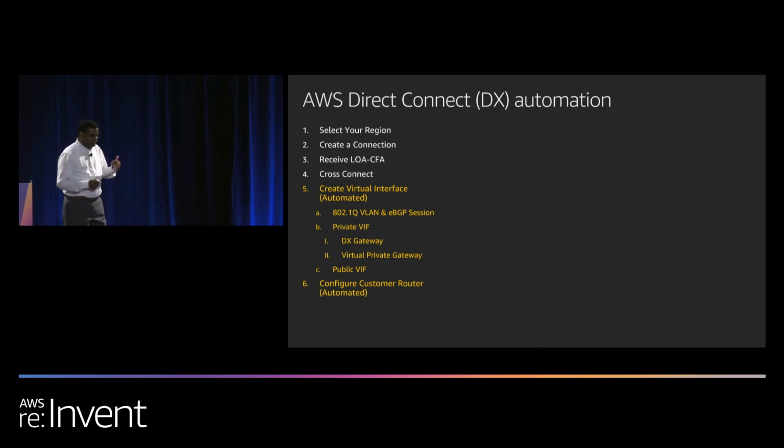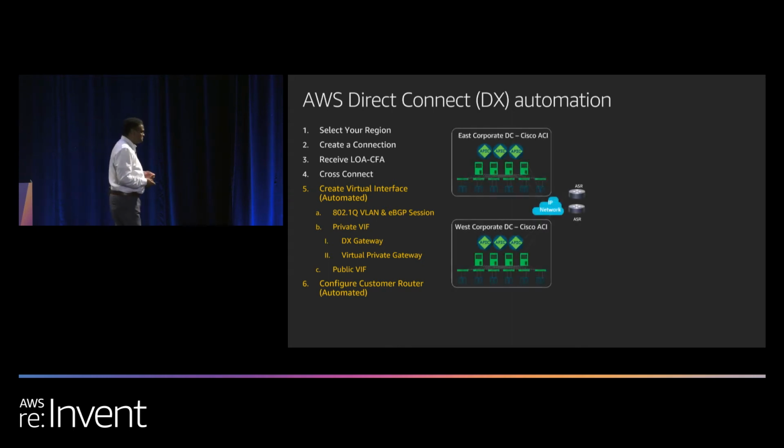So we looked at steps 5 and 6. That makes much more sense, because some of the layer 1 challenges are very hard, and we can just pray for it, right? So we said, okay, let's focus on things that are in control of our destiny, where we can do better. So we said, let's do the creation of virtual interfaces, take care of all the encaps, create the BGP sessions or layer 3 connectivity, and then make sure that we have full end-to-end sessions completely up and running. So let me walk you through.